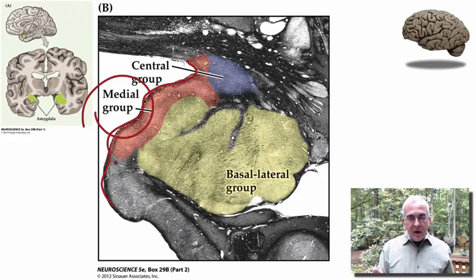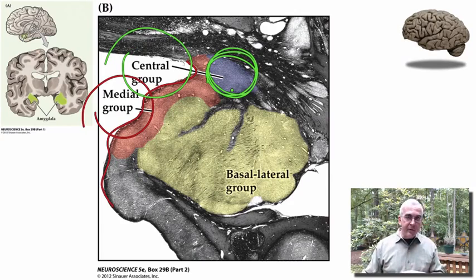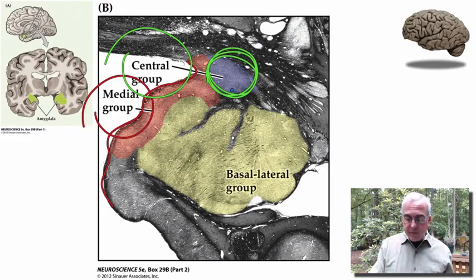Now just lateral to that medial group, in a region that we sometimes call the temporal stem, it's a region of the brain where the temporal lobe attaches to the posterior frontal lobe in the overlying insular region. This is where we find the central group. So the central group of nuclei is quite important in providing the output from the amygdala into the medial part of the hypothalamus. But by far the largest division of the amygdala in the human brain is this basolateral group